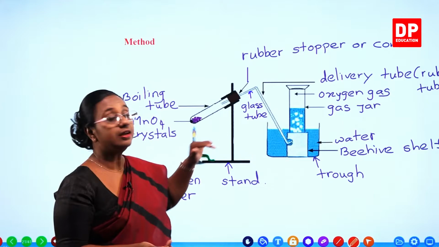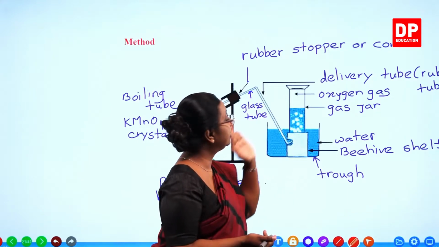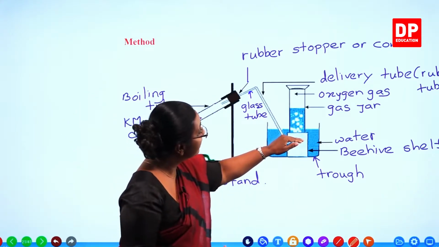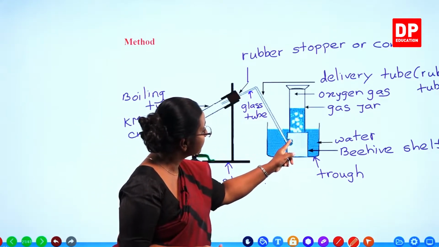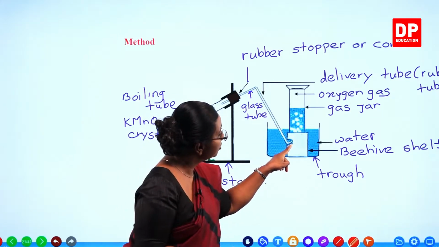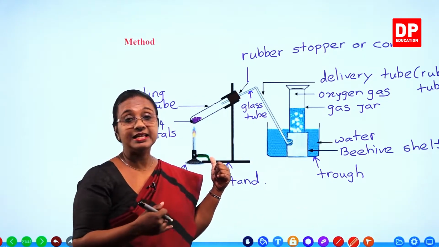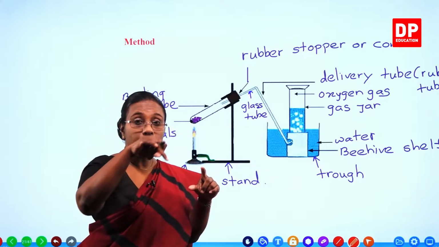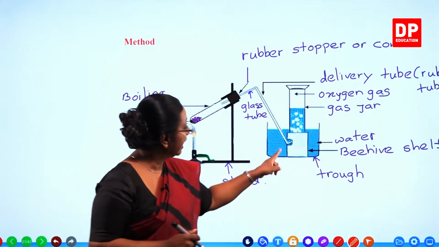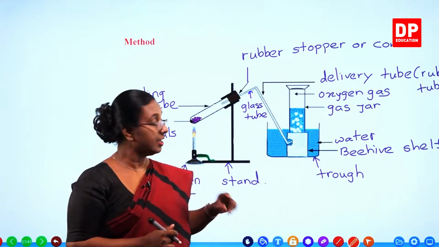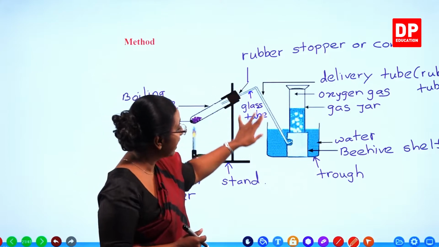You bring it into the trough containing water, and without any gas bubbles or air bubbles entering into the gas jar, you have to place it on top of the beehive shelf. And then you can insert the delivery tube through the beehive shelf. When I showed you all the diagram, you will be seeing that in the lab, the beehive shelf has a circular hole opening on the stage top, and on the side also there is an opening. So you can direct the delivery tube through that,